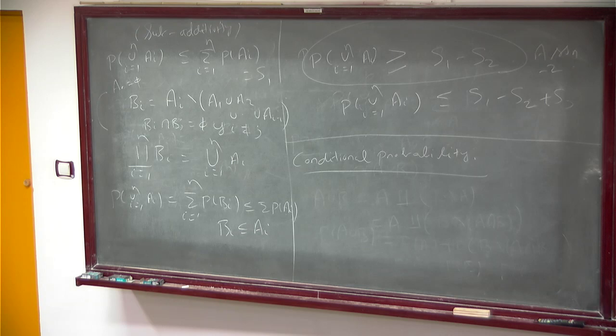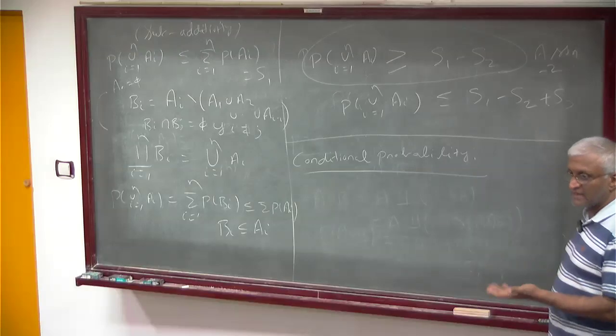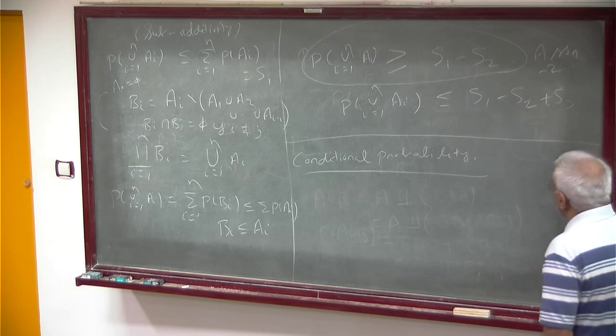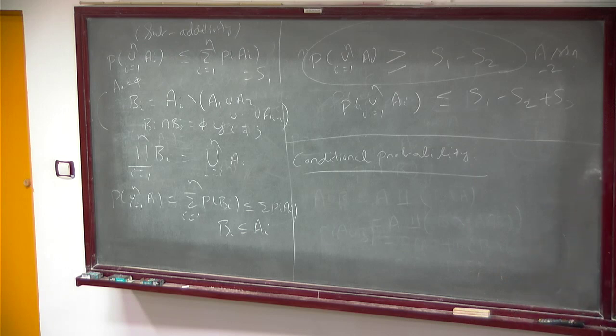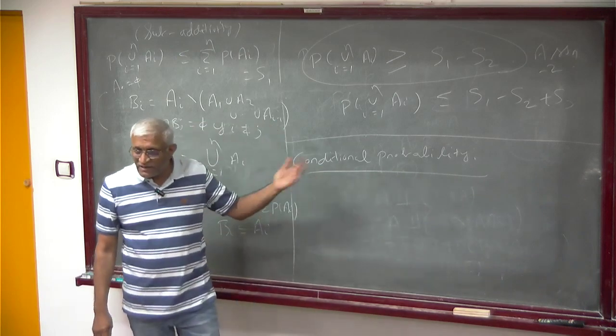Okay, you toss a coin, you take a pack of cards. Okay, and there are two events. One is whether it is a spade. The other one is whether it is an ace. Now you know that it's a spade. Now you want to ask about the ace of spades. Initially, the probability of getting the ace of spades was 1 by 52. Now it has become 1 by 13, once you know it's a spade. Okay, so the probability gets changed. That is just updating your probabilities.